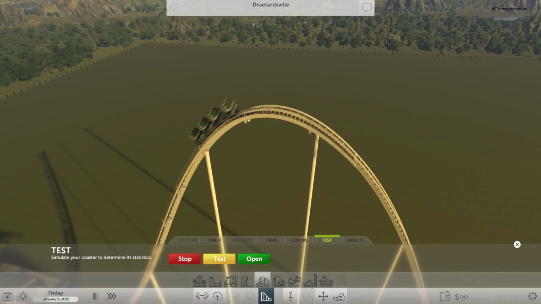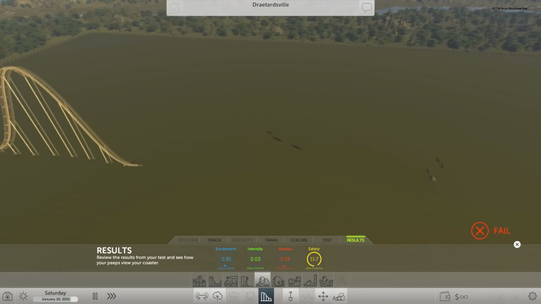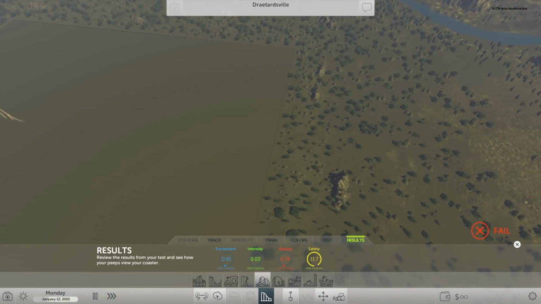So we got a chain rail system all the way up to the top, and then, of course, all the way down to the bottom, and they go freaking flying. They haven't even hit the ground yet. Holy shit, that went so far. Can't get you out of my...